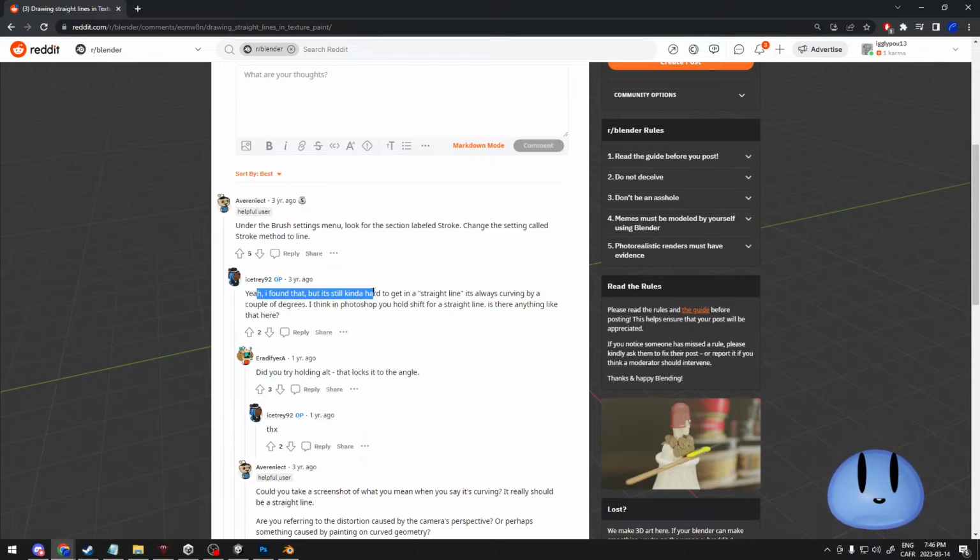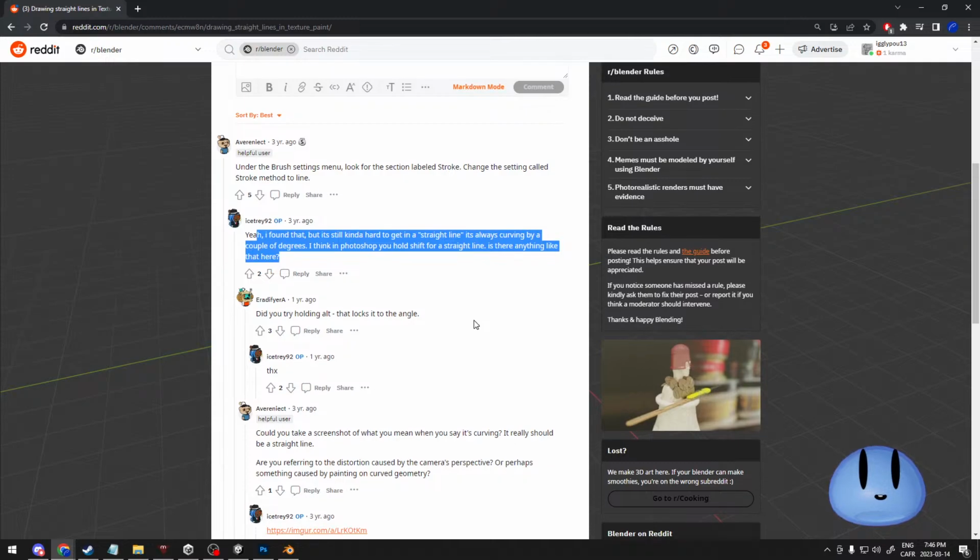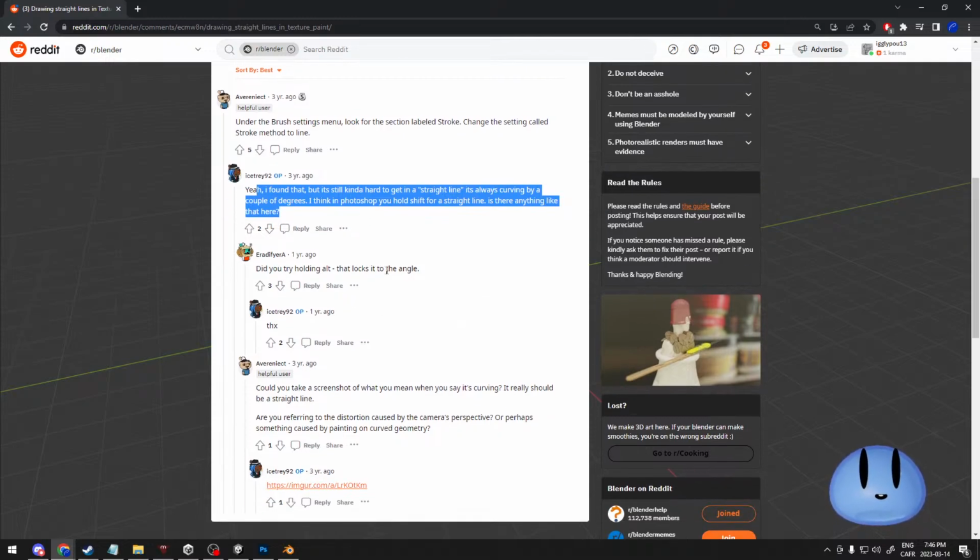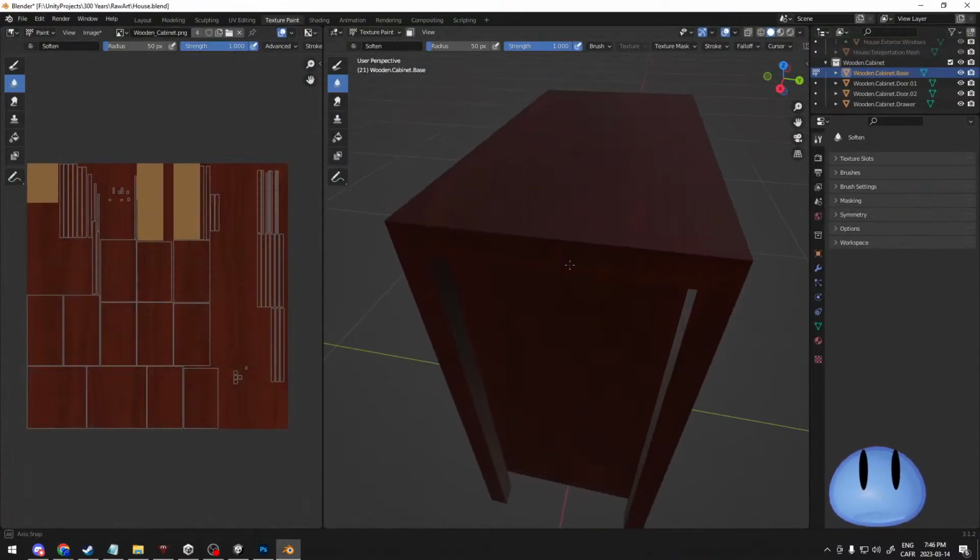Yeah, I found that, but it's still kind of hard to get a straight line. It's always curving by a couple degrees. I think in Photoshop, you hold shift and straight line. Yeah, that's what I'm looking for. Did you try holding Alt? That locks it to the angle. Thanks. Okay. Alt, apparently. So, if I was to select Alt